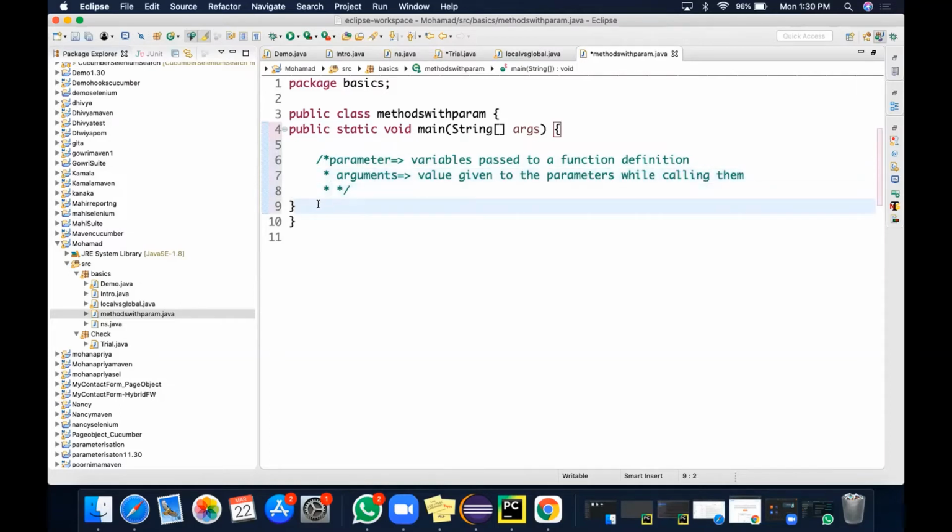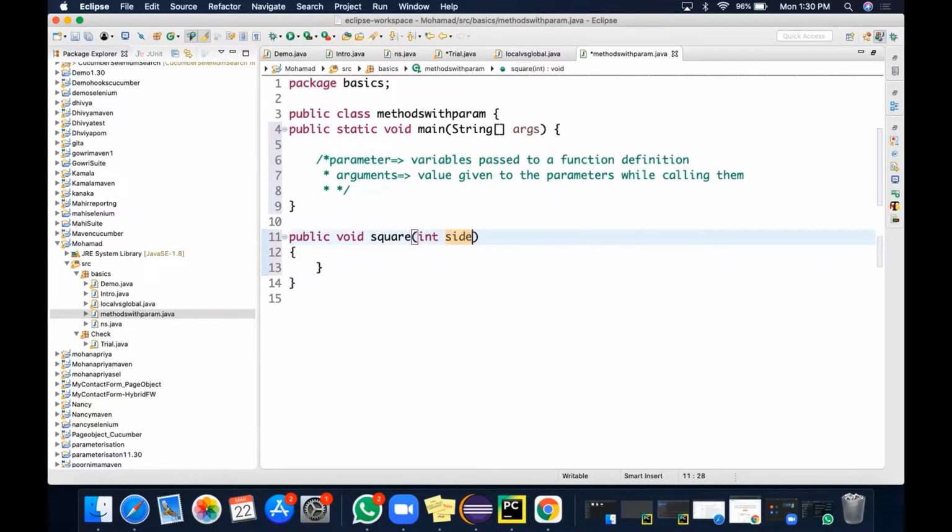So let's see how a function with a parameter looks. I'm going to write public void square, and here I'm going to pass the variable. Their value you won't be giving. While calling this method only, you will be providing the value. And it is not limited to an integer variable. You can have any number of variables.